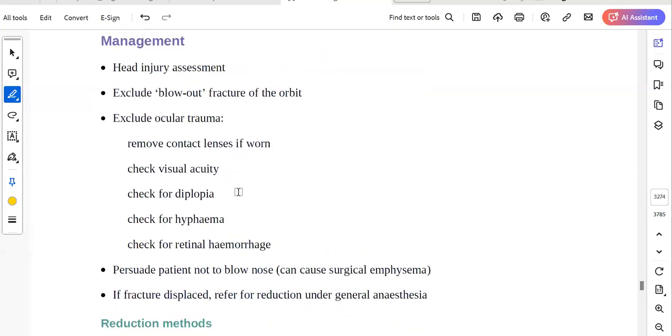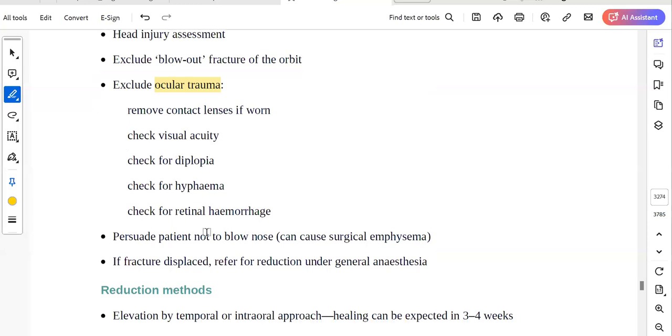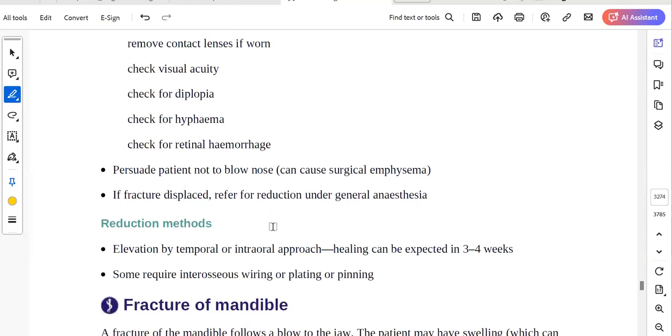So how do we manage this? We make sure the patient did not get any head injury. We also rule out any fracture of the orbit. We rule out ocular trauma. So definitely we check visual acuity, we check for any double vision and retinal hemorrhage. If there is a fracture and if the fracture is displaced, then we will refer the patient for reduction